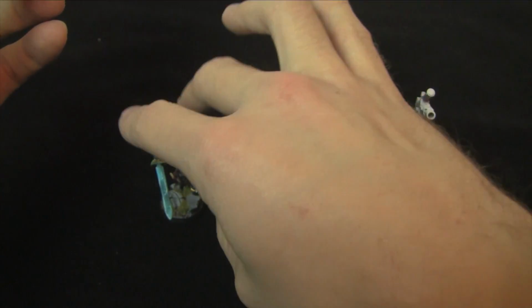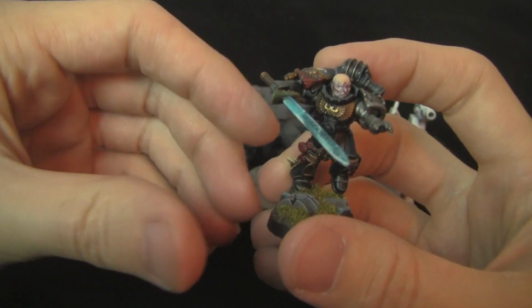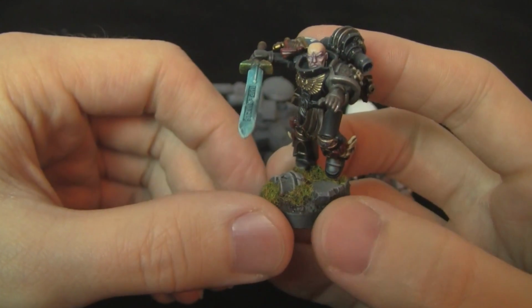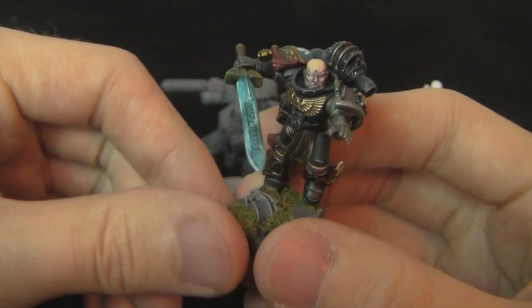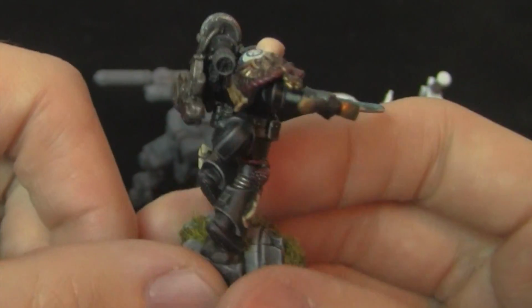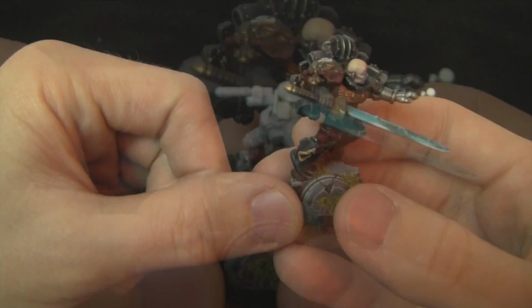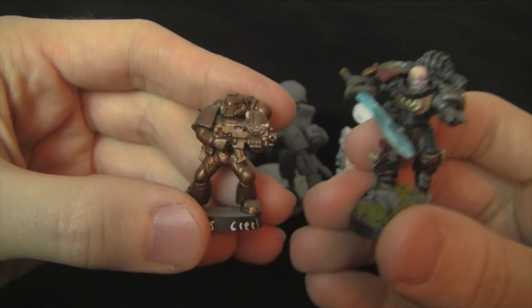So now let's compare it to this Deathwatch Sergeant. Same style of miniature in the sense that it's a Space Marine, similar rules, but he looks cooler. Now, if you ignore his power sword, which I usually do, this is a really cool mini. He does have his bolt gun. I use him as a Sternguard count-as, but if you compare him to this guy, this one right here